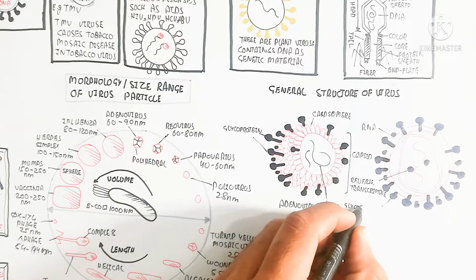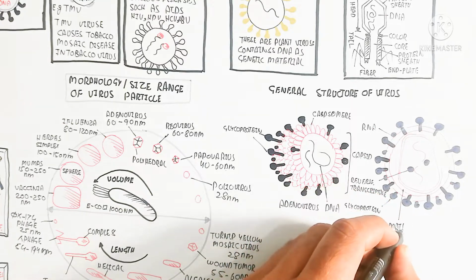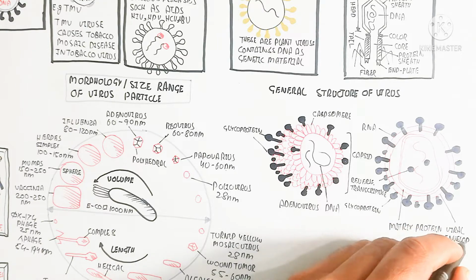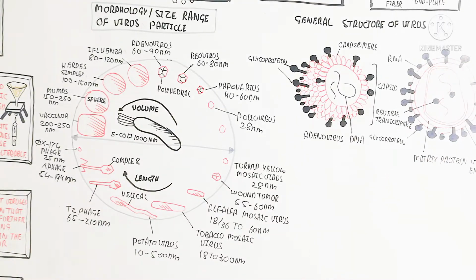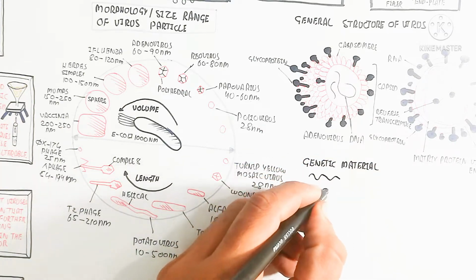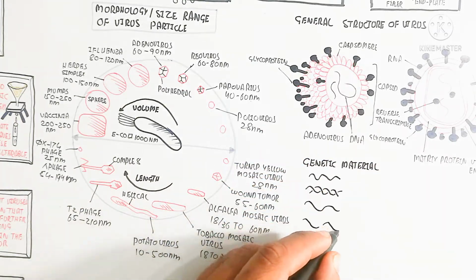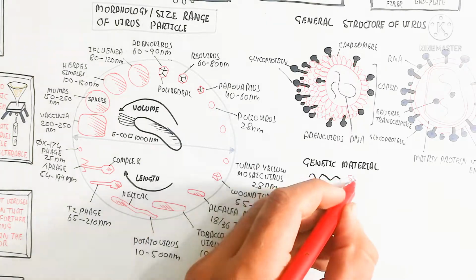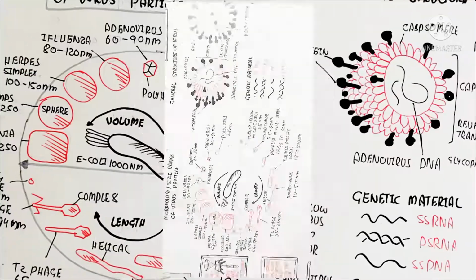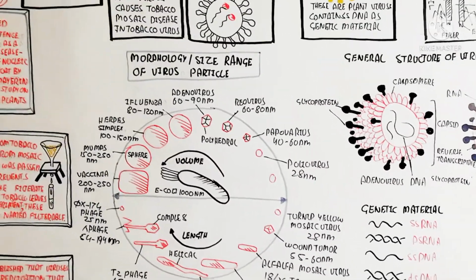It is the HIV virus, containing a spike protein, which is a glycoprotein. The whole is known as the capsid, the outer cover, and the matrix protein, viral envelope, and reverse transcriptase enzyme are present. The genetic material can be single-stranded RNA, double-stranded RNA, single-stranded DNA, or double-stranded DNA, on the basis of ribose or